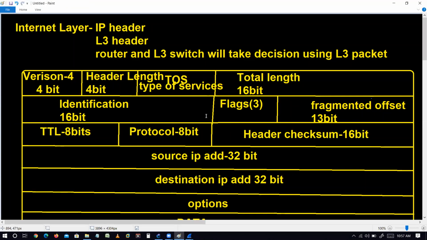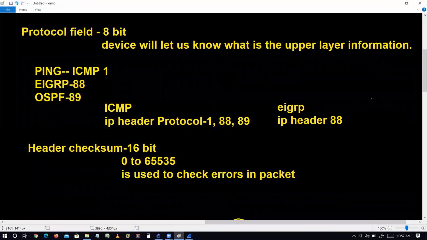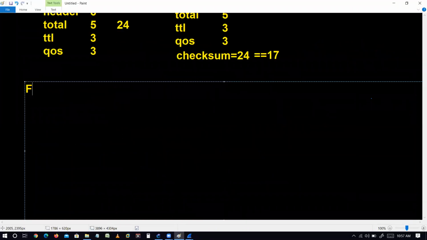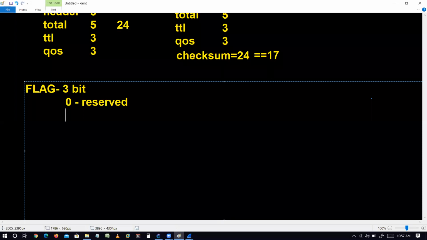Okay, so let's discuss the flags first. The size is 3 bits. So right now we basically have 3 bits. The first will be 0. That will always be reserved. The second bit can be 0 or 1.